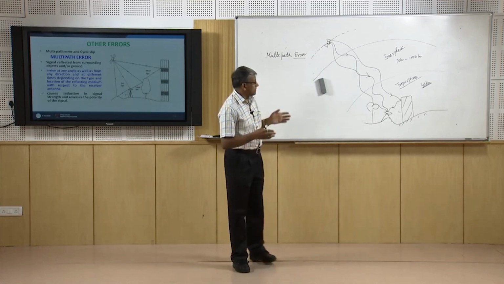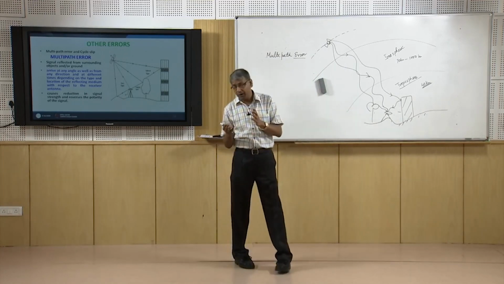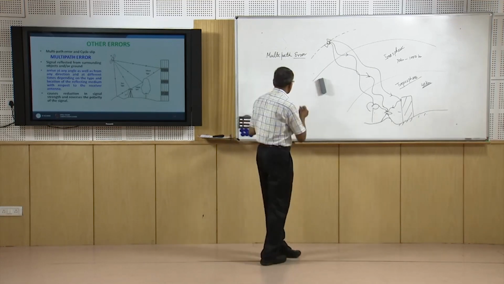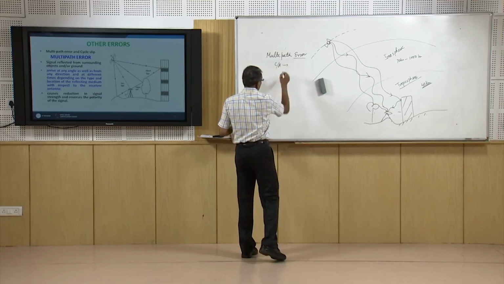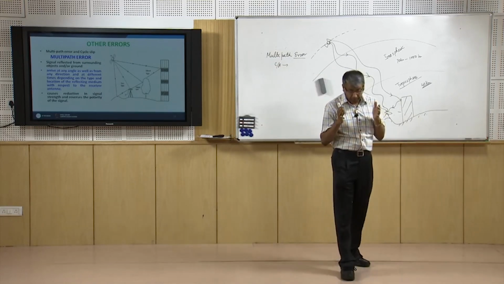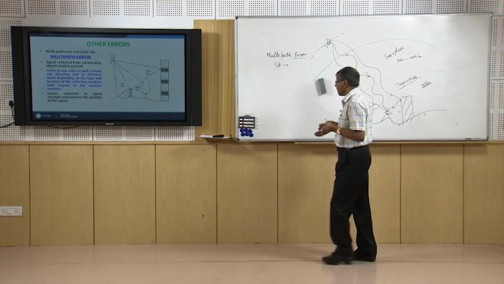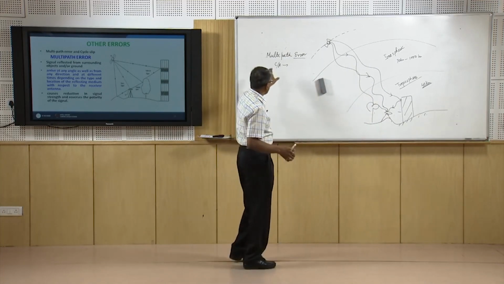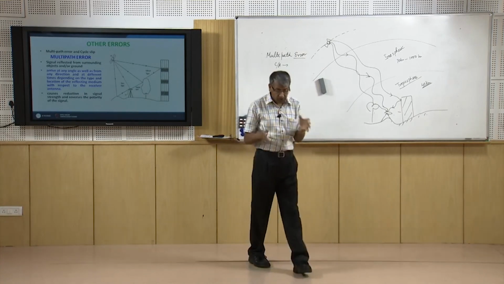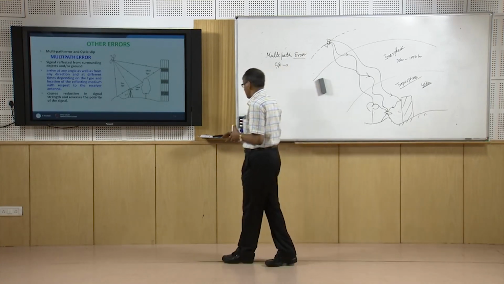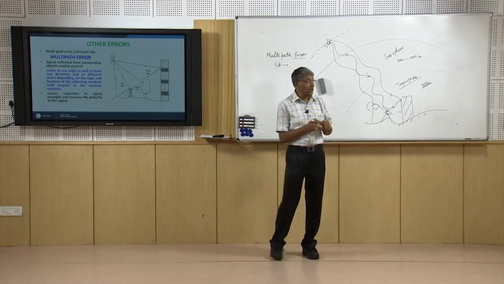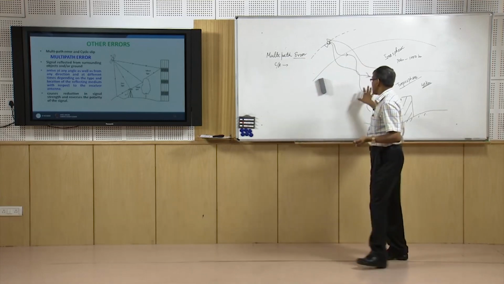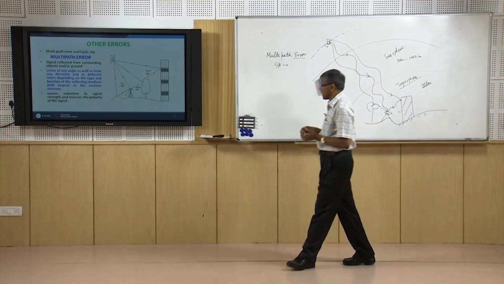The amount of multipath error will vary between the carrier part and the code part; it is defined for both carrier and code. The worst affected is the CA code, and because CA code positioning is the first positioning we have to determine, after which we go for very precise measurement, if there is error in CA code positioning, we will end up with a very bad solution. So we should take care of multipath error, and the best way is to plan properly,